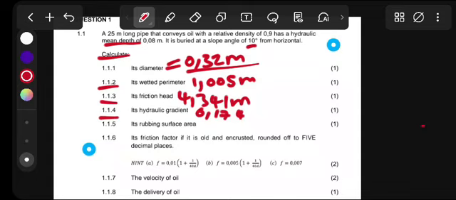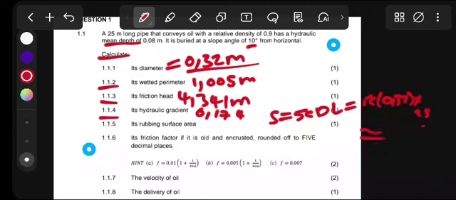Its rubbing surface would be pi multiplied by diameter multiplied by the length. So pi multiplied by the diameter that we calculated there, 0.32, multiplied by the length, which is 25. This will simply equal what? The rubbing surface will be 25.1